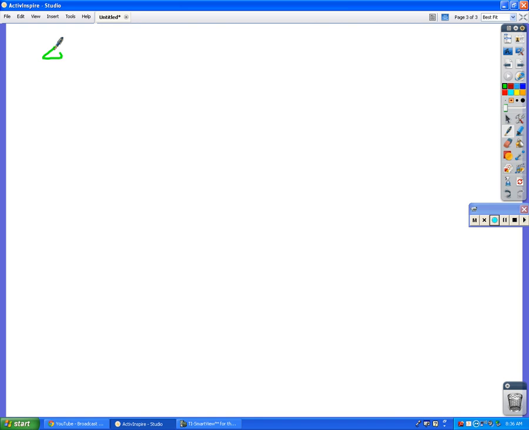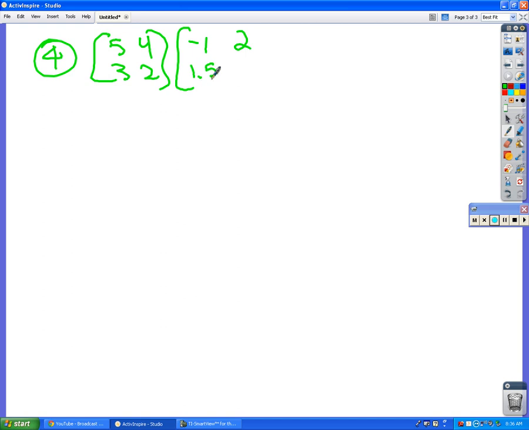Okay, number 4. Find the inverse of the matrix 5, 4, 3, 2. There are no brackets on it, but there should be. What's the inverse of this matrix? What do you get? Negative 1, 2, 1.5, and negative 2.5. And did you just do that with the calculator? Yeah. Okay. And then what that means,